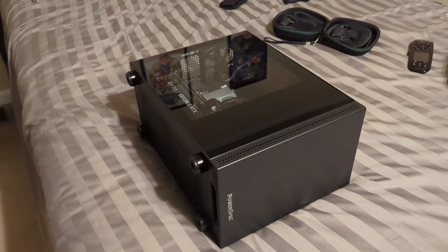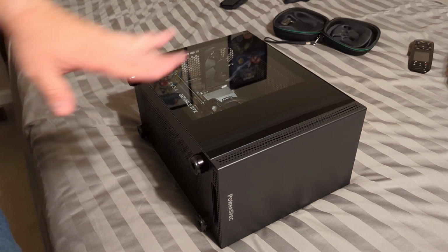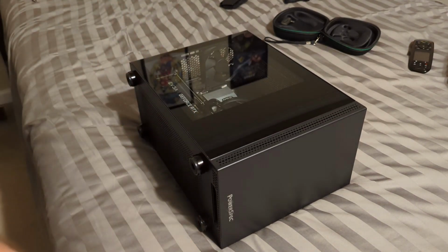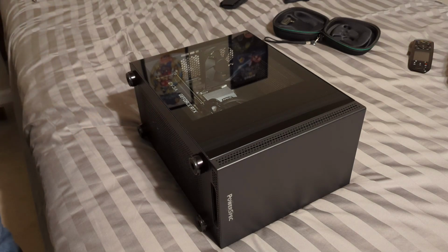All right, everyone. So in this video here, I'm actually going to be upgrading the graphics card in this thing. Now, this is the desktop computer I've been using for a little over a year now, and for the most part, it's actually been pretty much rock solid. However, I've been wanting to upgrade the graphics card for a little while,